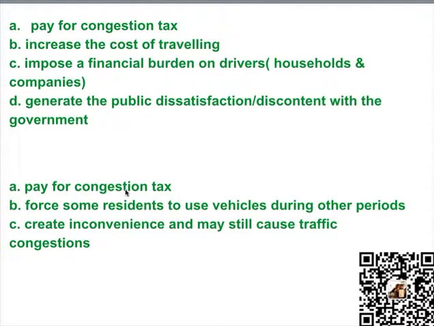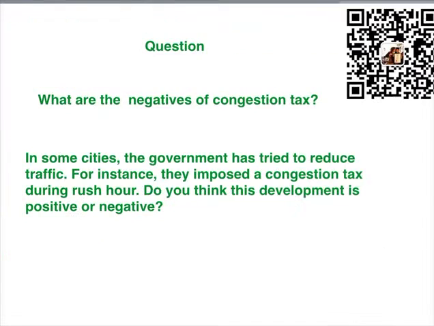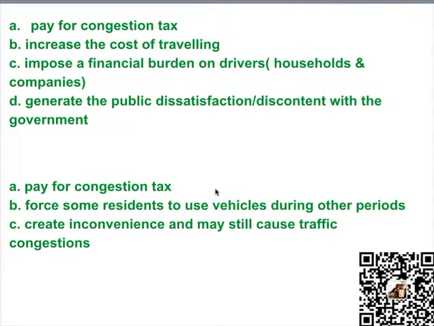When we pay for congestion tax, that would force some residents to use vehicles during other periods, right? Because the topic is about paying congestion tax during rush hours. So in this case, maybe other hours, not very busy hours, early in the morning, maybe at 10 or 11, there will be more vehicles. That might create inconvenience. Definitely, like if I cannot pay for the congestion fee, I might maybe postpone my time to go to work. And also that may still cause traffic